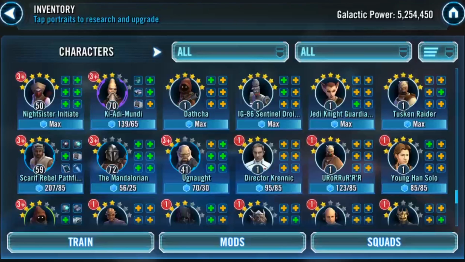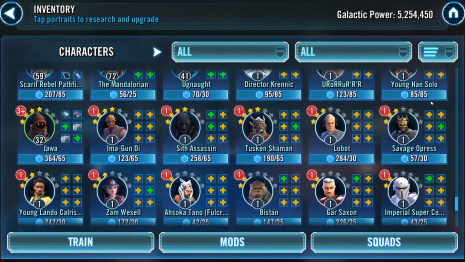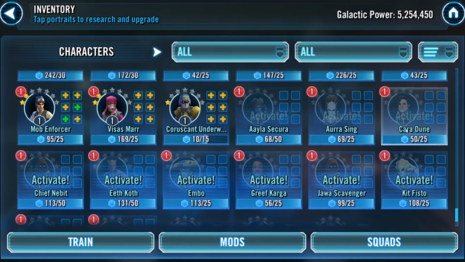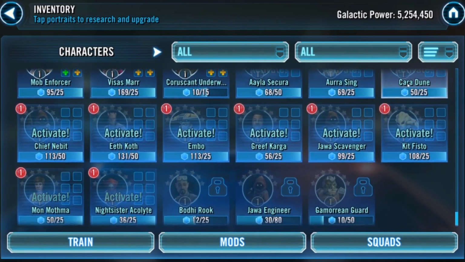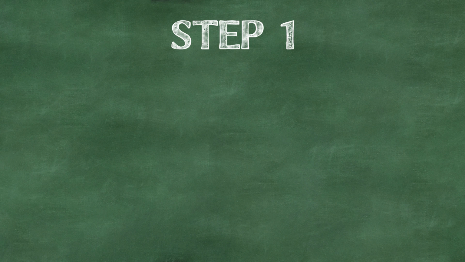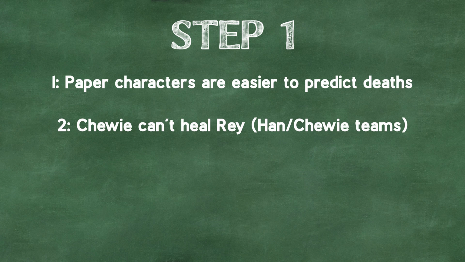Most of you should have a roster of characters sitting at extremely low gear and levels, unused. This is to our benefit, and will serve as the tools that weaken the foundation. The purpose of using the weakest characters possible is twofold. First, it makes it much easier to count hits going in, knowing that everyone will die in one hit. Secondly, it also denies Chewie the chance to assist if you're fighting against a Rey Han Chewie team, effectively denying